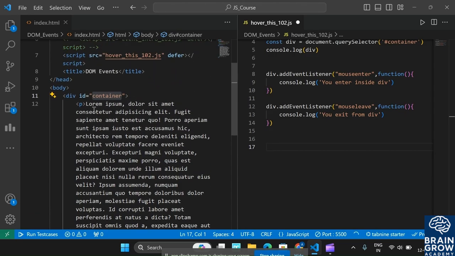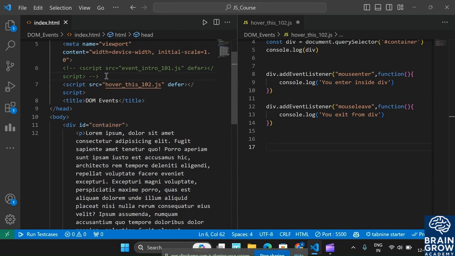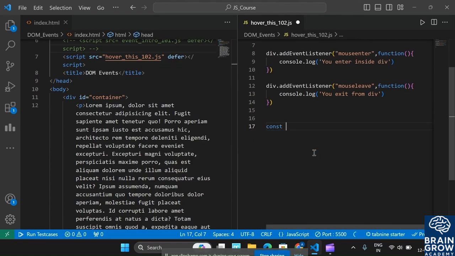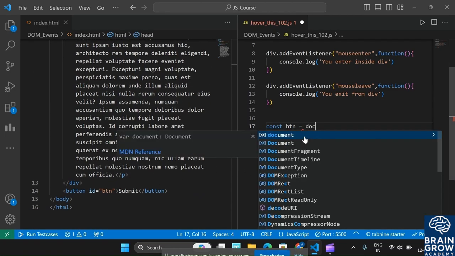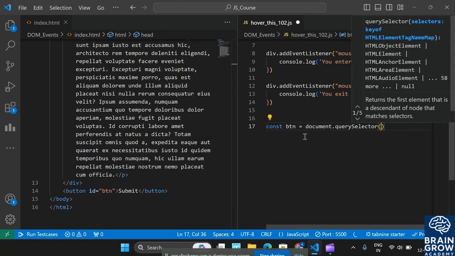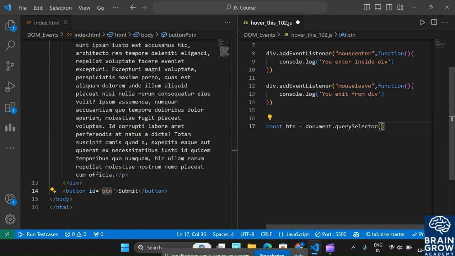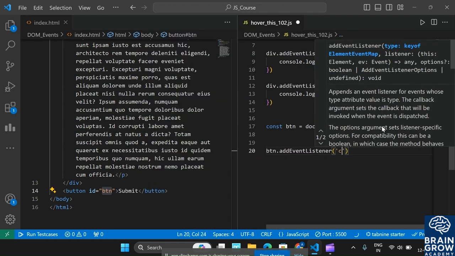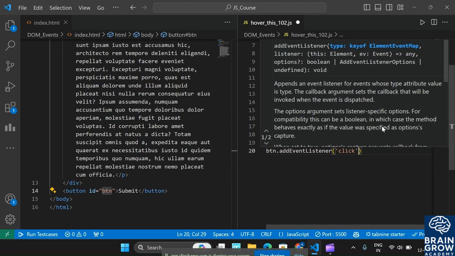So what do we do? We add a script tag here. For that, const btn is equal to document.querySelector, and here use the btn id, so #btn, and after that btn.addEventListener. Here use the click method, and inside the function